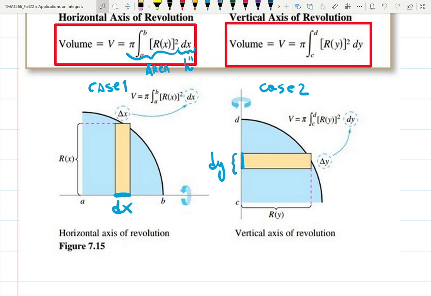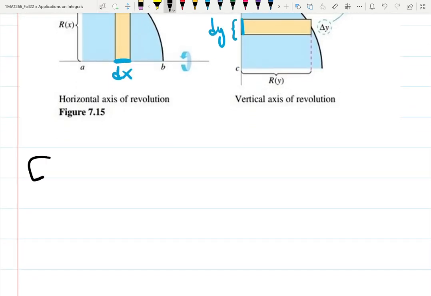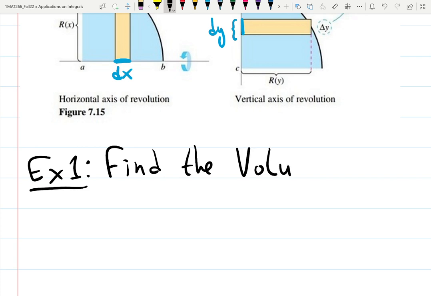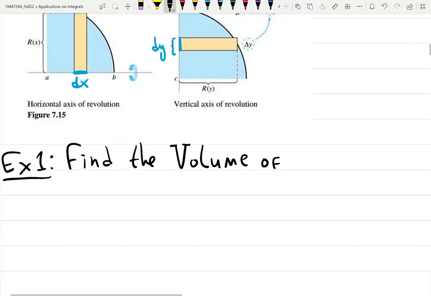And let's write down the problem. And then I think we will finish it next time. But it's nice to have it written. Example 1. The more examples I show you, the more confident you'll become in this. The most important thing you have to be good at is sketching graphs. Find the volume. All those problems have lots of writing in English, which I don't appreciate. Well, they're all applicational problems. Thank you to the engineering department for creating all of these problems for us. Find the volume of the solid